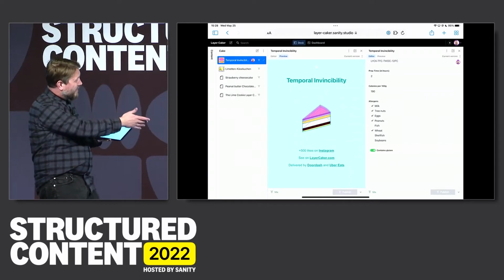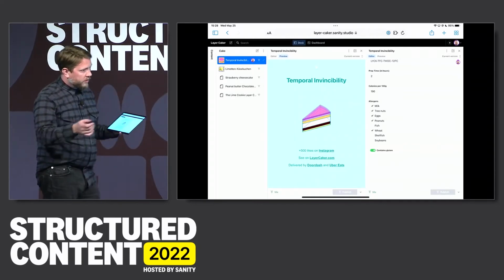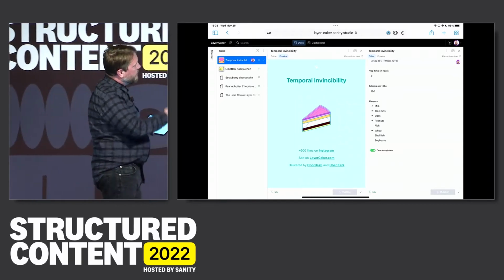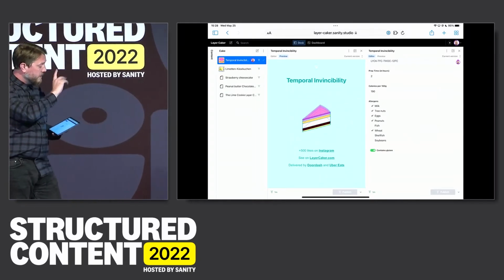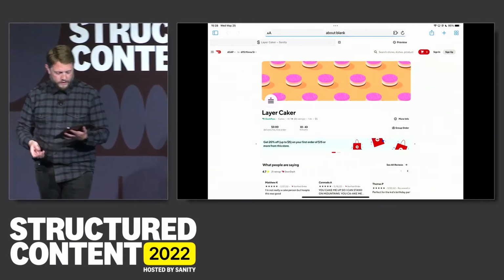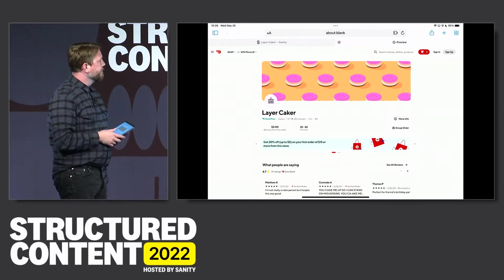Now that's not enough to get the cake on DoorDash. But you have a friend who's a programmer and you cut a cake deal, and she takes these values and feeds them into the API of DoorDash. And that is really all you need. And suddenly, you're selling your layer cakes on DoorDash. Great.